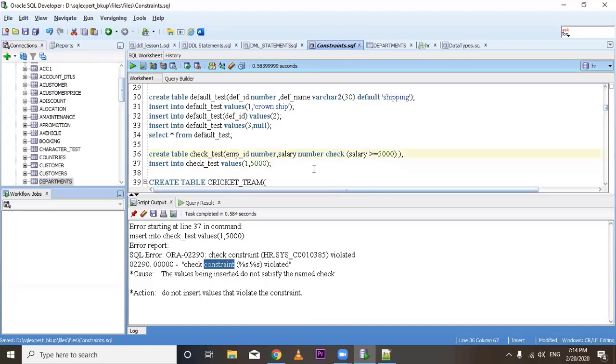Okay. So do you people have any doubt in the check constraint? Is it fine? Yes, it is fine for me. Okay. Then the next type